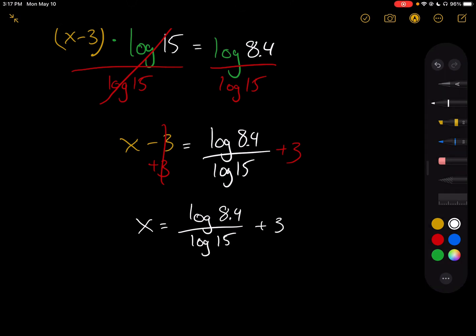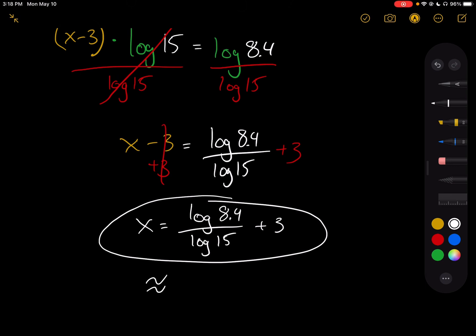plus 3. Now, I know this doesn't necessarily feel like a very satisfying answer in that it doesn't seem like it has a whole lot of value, but if you don't have a graphing calculator, this is the way that I'm going to suggest that you leave it, because we want an accurate answer, and this is as accurate as an answer is going to get. I know it doesn't feel like that, but we haven't had to round this at all. We haven't had to cut off any decimal place, so this is perfectly accurate, and we can still plug it